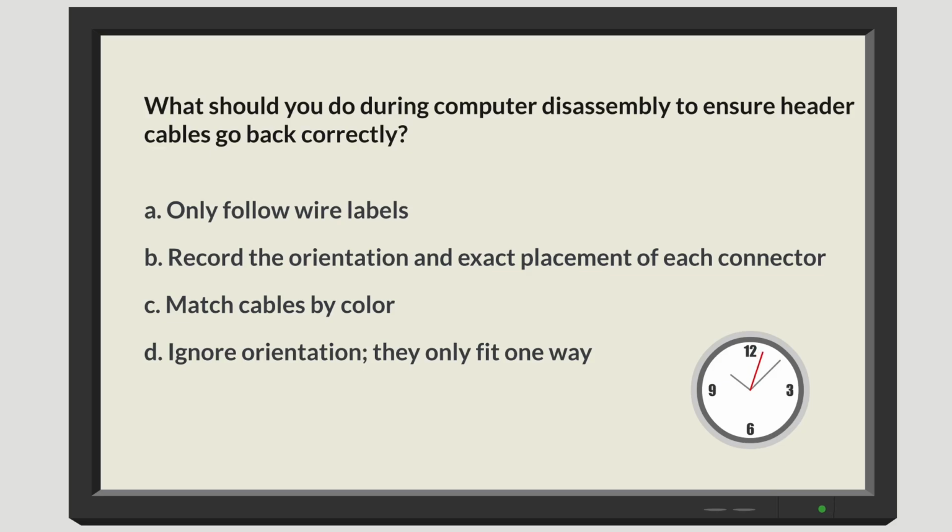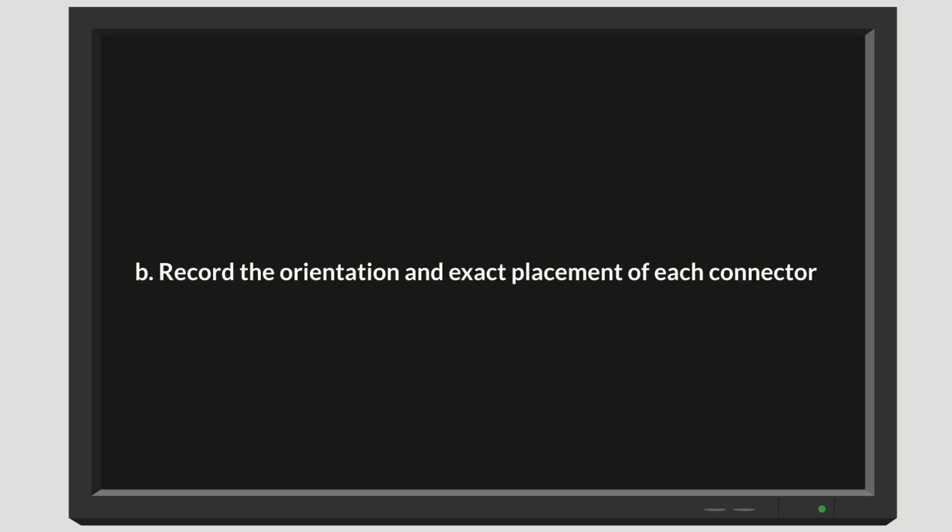What should you do during computer disassembly to ensure header cables go back correctly? The options are follow wire labels, record orientation and placement, match by color, or ignore orientation because they only fit one way. The correct answer is record orientation and placement because many small connectors can be attached incorrectly unless their exact position